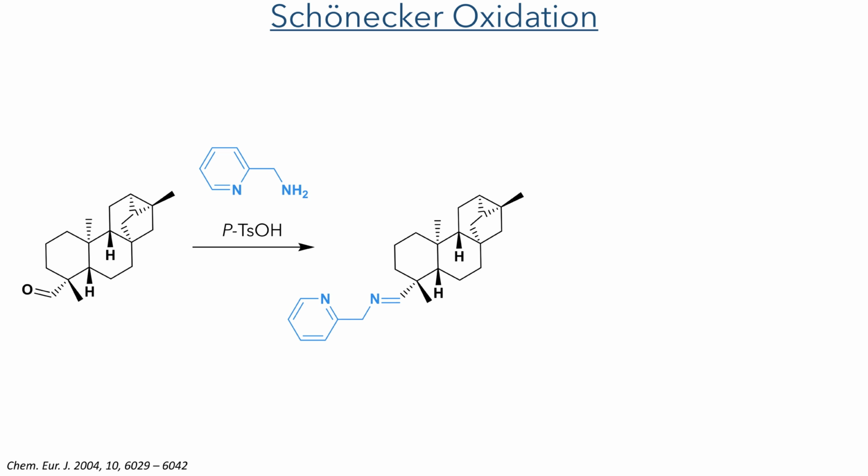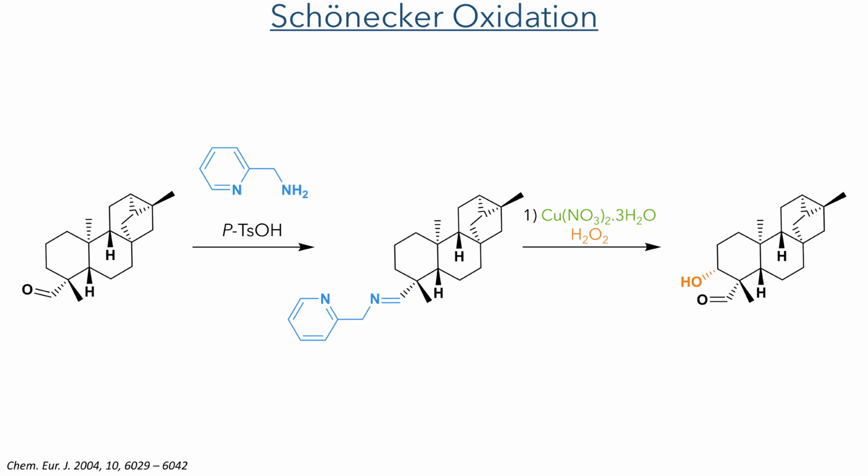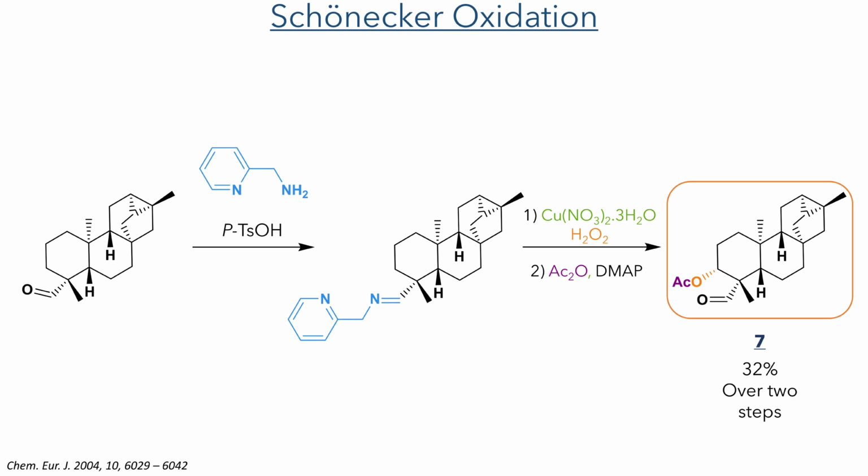a Schönecker oxidation. This oxidation is a directed method which uses a dinitrogen ligand to guide the active catalyst towards the target reaction site. Reacting the aldehyde with 2-picolylamine and tosylic acid as a catalyst produces a Schiff base. This species is then reacted with copper nitrate and hydrogen peroxide. This forms the product with a hydroxyl group on the C3 position, adjacent to the carbon bearing the aldehyde. This was then acetylated with acetic anhydride and DMAP to deliver the final Trachylobane natural product in a 32% yield